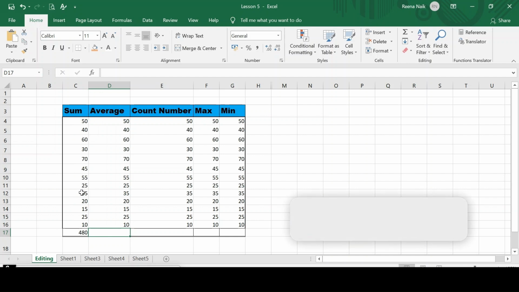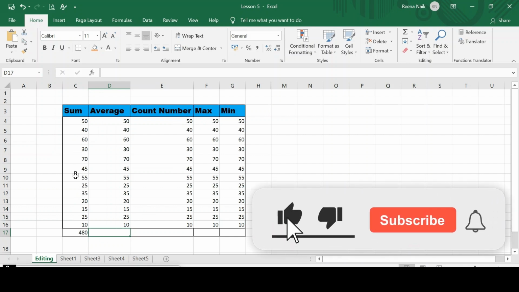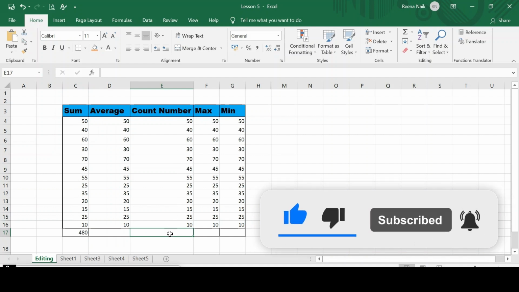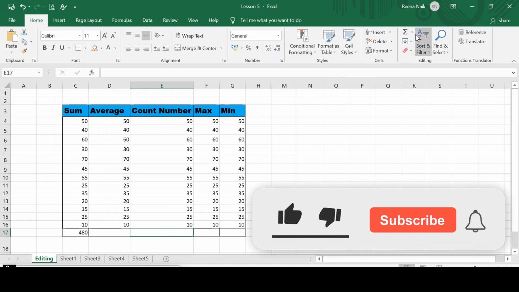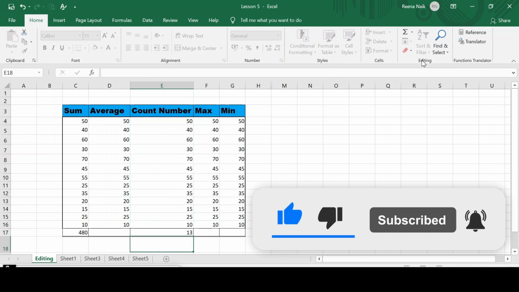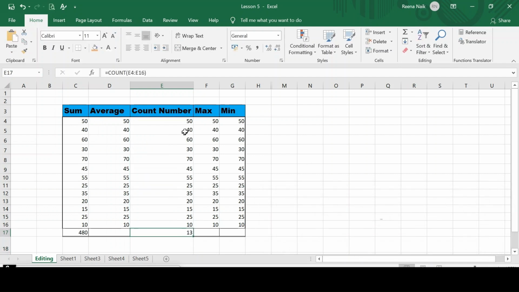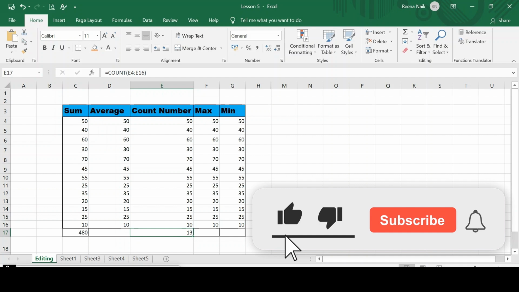Okay, let's see how many numbers there are. I'll first count the numbers. How many numbers are these? See, 1 2 3 4 5 6. We would have to count like this. It will take more time, but instead of that, just click on the count number and enter.